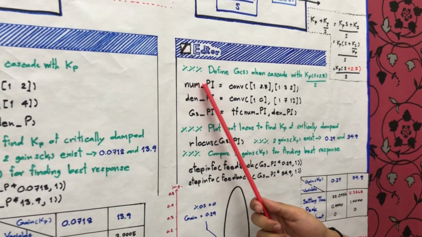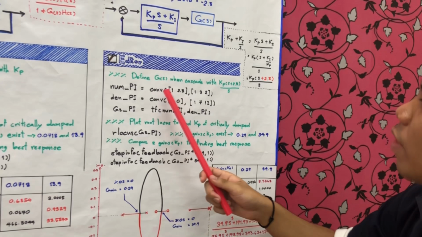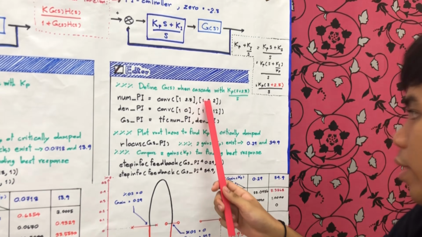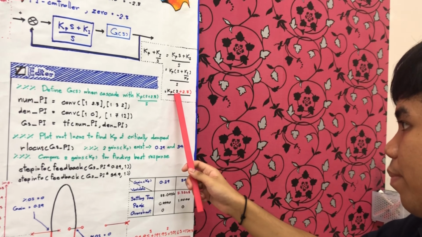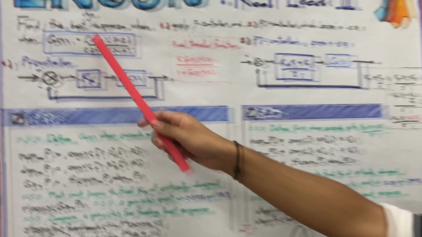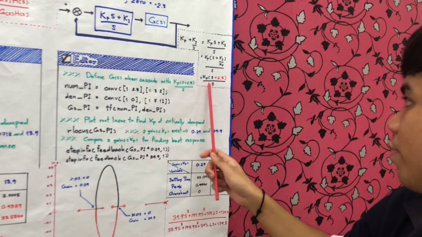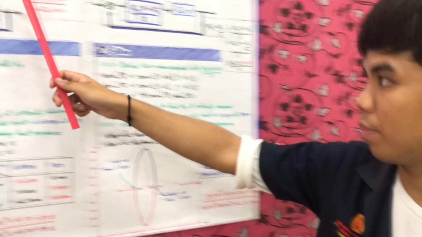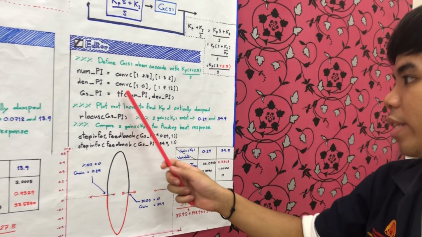And then we set up the transfer function by using the numerator and denominator. For convenience, we use convolution to multiply the terms together. For the numerator, we have to put the two parameters which are coefficients from each term, 1 and 2.5 from this term, and 1, 3 and 2 from the numerator of G(s). In the same method, we apply the parameters in the denominator: 1 and 0 from this term, and 1, 7, 12 from this term of G(s) which has already been multiplied. We have to use tf to make the transfer function.